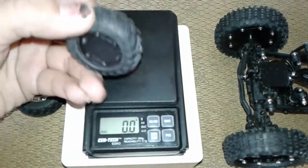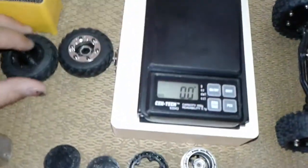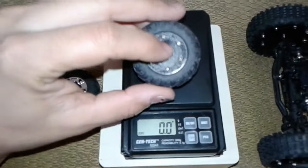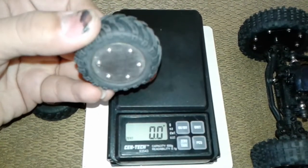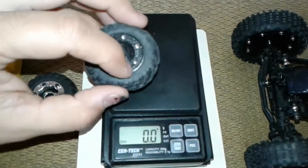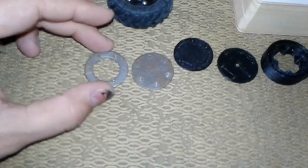obviously these are going to be 3D printed. You don't get a lot of weight from the plastic itself. So I went ahead and did a little bit extra. This is the metal plate in the front, and you can't really tell, but I put a metal plate there and one behind this one. It's the metal plates that I was using before on my